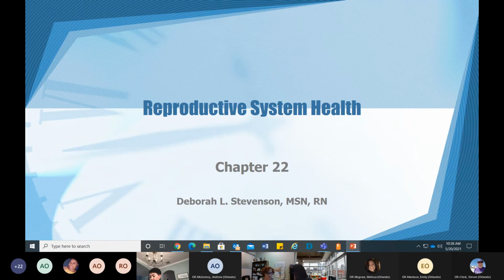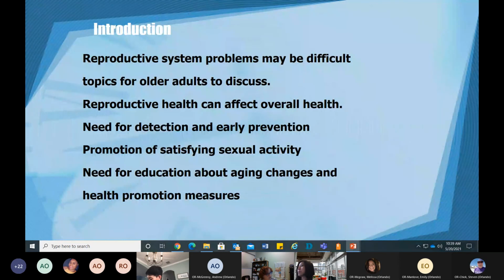So our reproductive system is chapter 22. We won't talk a whole lot of information, but there are some things you need to be aware of for the older adult patient. As we have already discussed earlier in this particular quarter, older adults sometimes don't like to talk about anything to do with reproduction or sexual activities and those types of things. So we as healthcare providers have to be able to talk with our patients and try to get as much information as we can to see if there is any kind of problem, either related to their physical